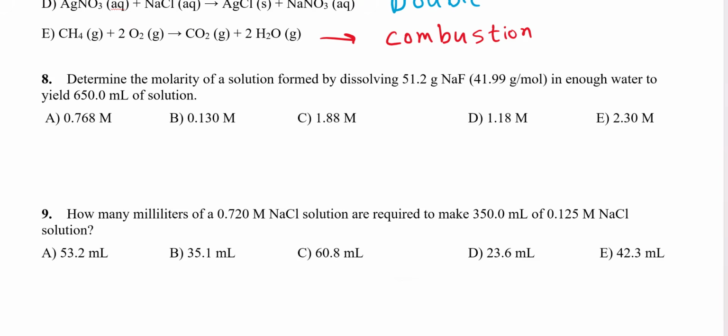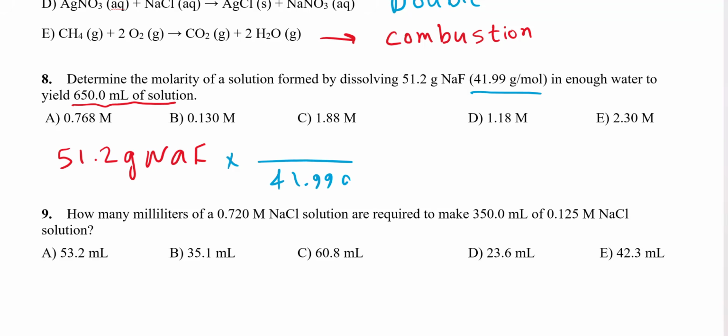In question 8, we would like to find the molarity of a solution if we have 51.2 grams of sodium fluoride to prepare 650 milliliters of solution. So we have the mass of solute, then we have its molar mass, which is 41.99. So we can say 41.99 grams of sodium fluoride is equal to 1 mole. So grams of sodium fluoride cancel out. So the mole of sodium fluoride is equal to